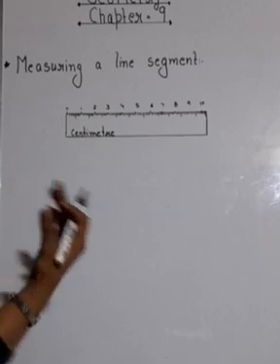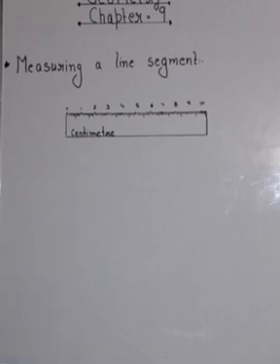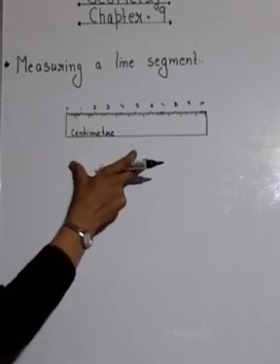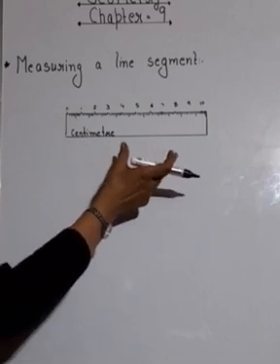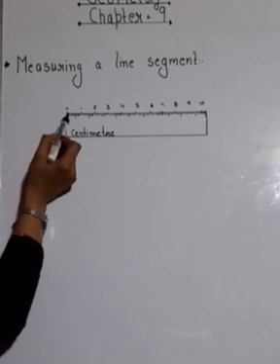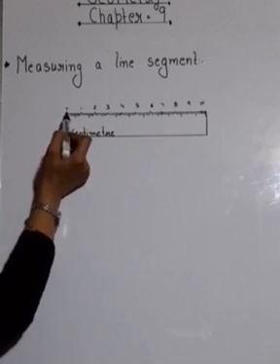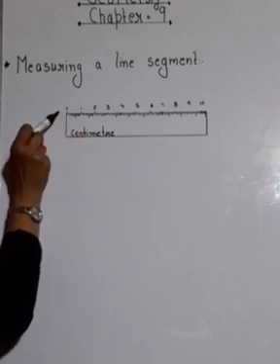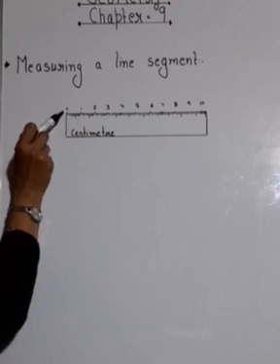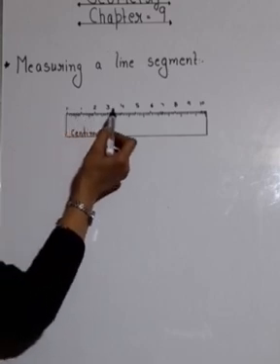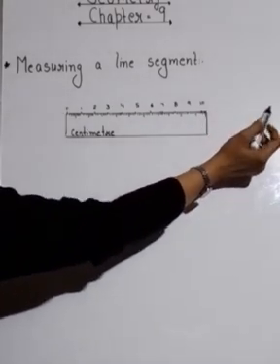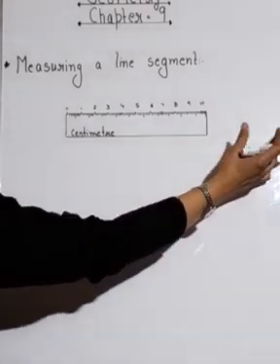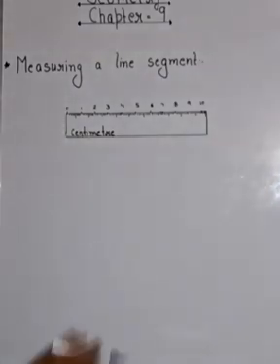Okay, now we will learn how we used to measure a line segment. So here I have drawn a rough image of a scale. Okay, you all have that ruler or scale in your home. So this scale has a starting point from 0. Okay, this is your 0 and it goes on 1, 2, 3, 4, 5, 6, 7, 8, 9, 10 till 12 also, till 15 also, and if you have a big ruler then it goes till 30 also. Here I have drawn till 10 only.